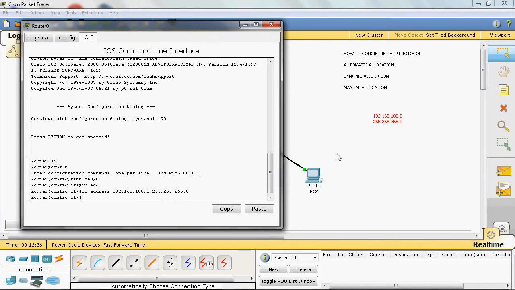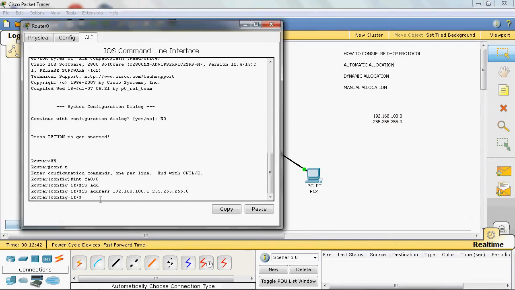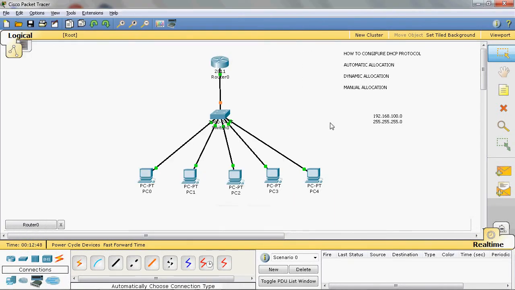Now the IP address can be assigned to that interface. The interface is in off state, so we can enable that interface using the command no shutdown. In short form, we can use no shut. Okay, now the interface can be enabled.